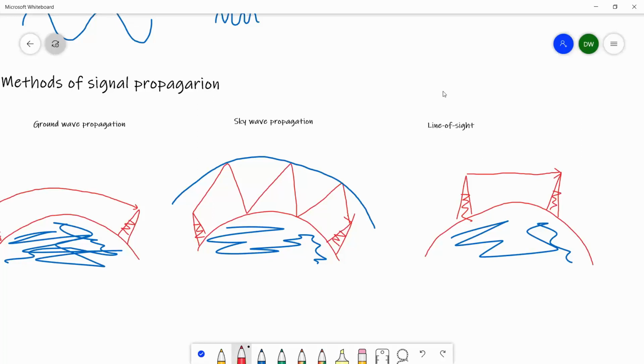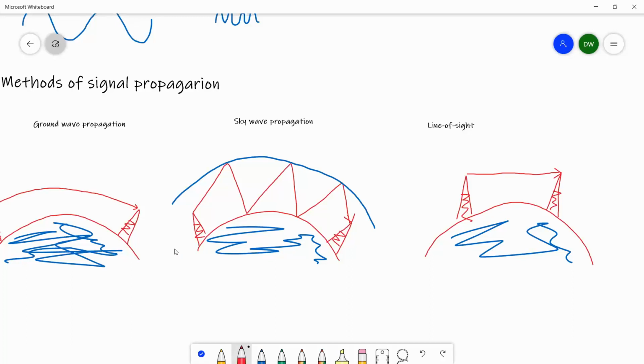As the name implies, the wave travels to the distance which we can see, right? Here this name says line of sight. So these are the three different ways that